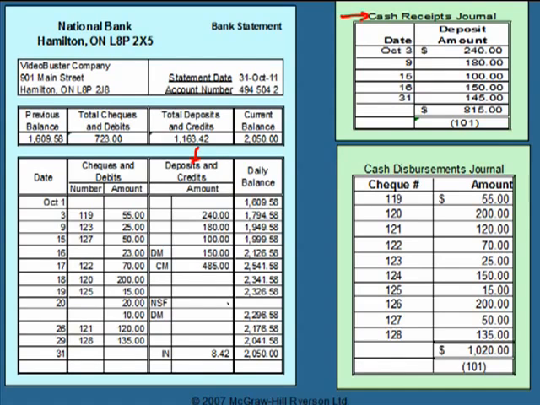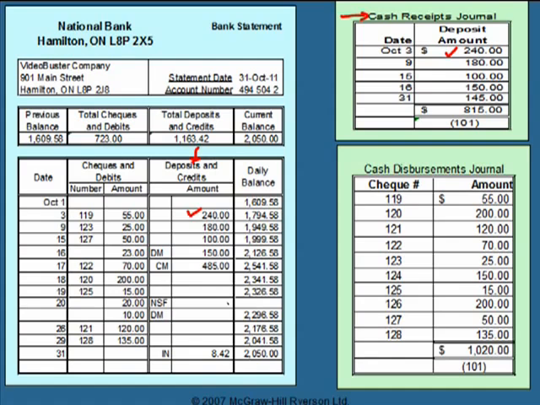When a number is in both places, we're going to put a check mark by it. And when it's not in both places, I'm going to circle it. When an item is circled, it means that item is a difference and it has to go on our bank reconciliation. We're just going to go through the list, start with the $240 deposit,